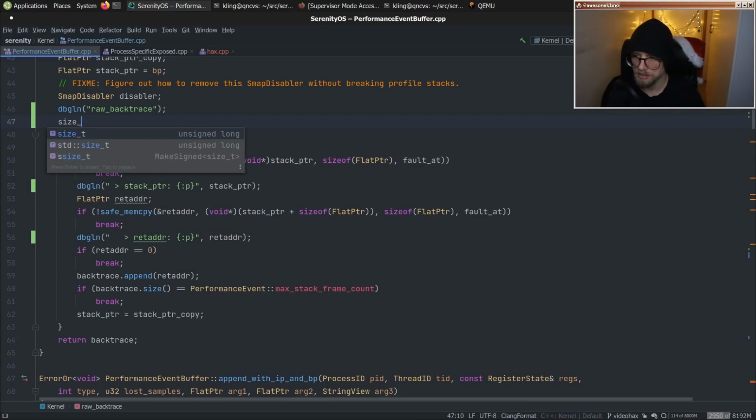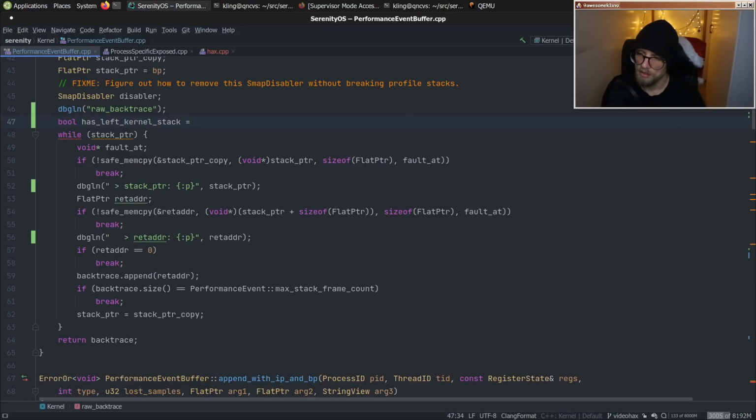We would have something like has reached end of kernel stack, let's say it has to reach end of kernel stack for now. So it starts out with false, and then